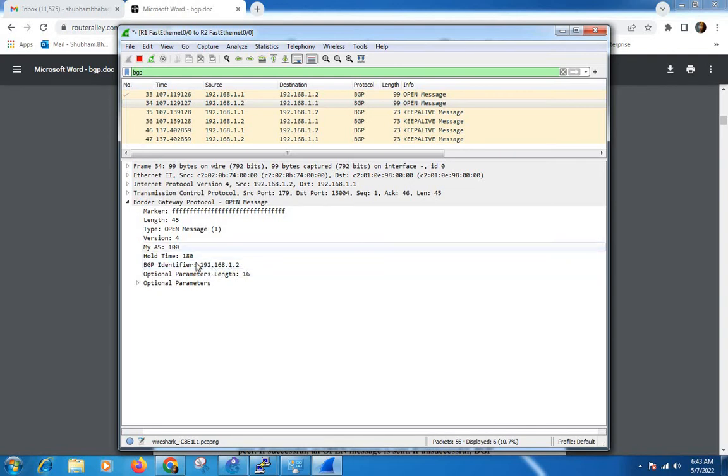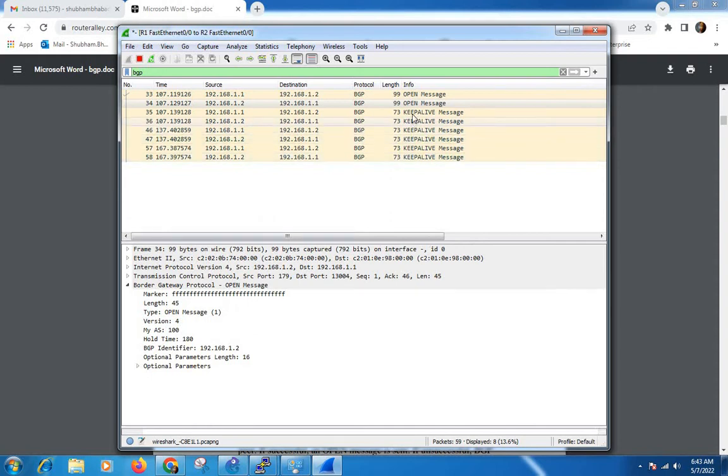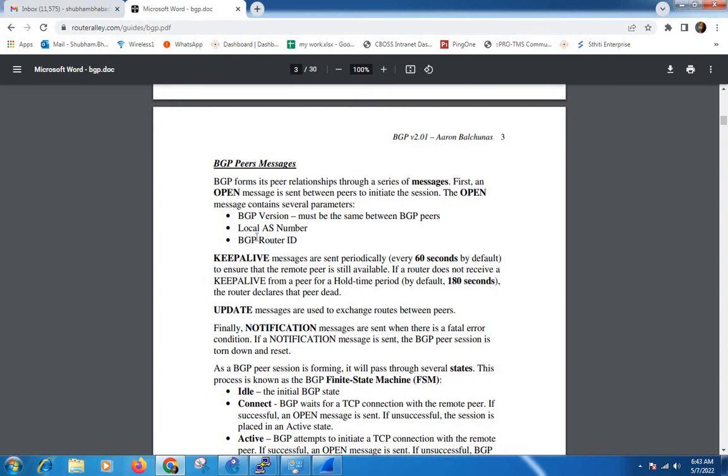This is the hello packet. We can check the keepalive packet also. Nothing else is there in the open packet other than the hold down timer, AS number, router ID and version number.